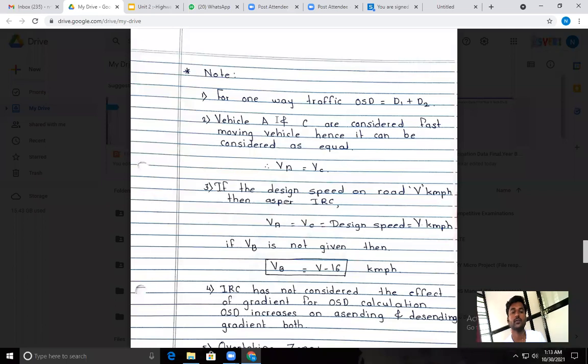Then note 3: if the velocity of a slow moving vehicle, VB, is not given, then as per the IRC,